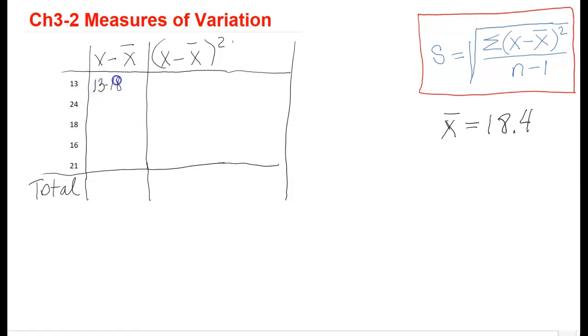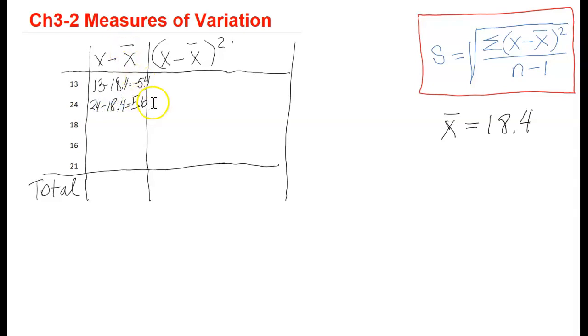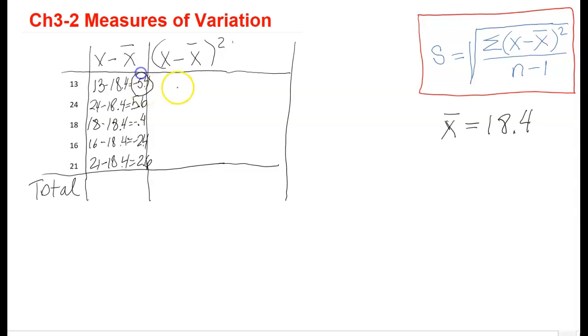13 minus 18.4 is equal to negative 5.4. 24 minus 18.4 is equal to 5.6, and so on. Let's continue calculations with the rest of the data values. Once we finish finding the difference between each data value and the mean, we will square each difference and write the result in the next column.